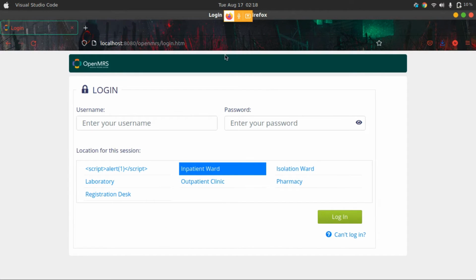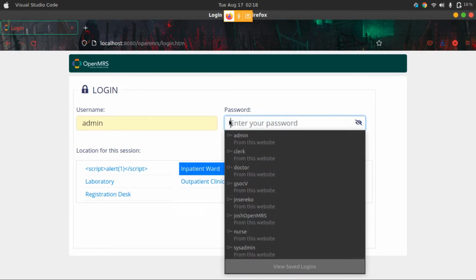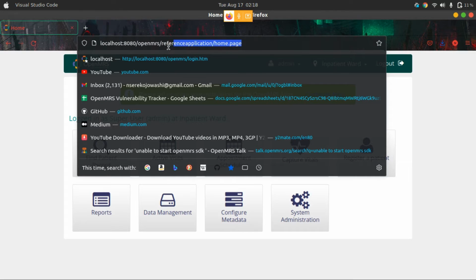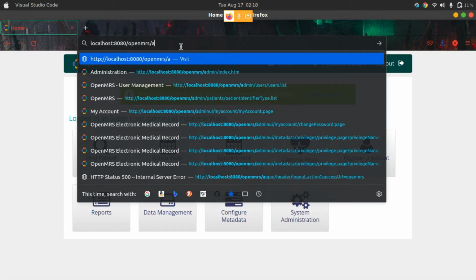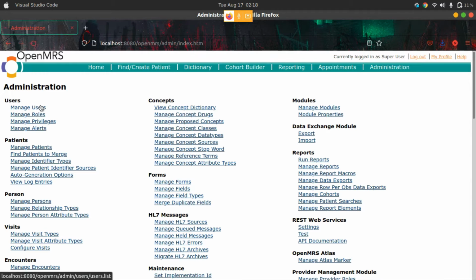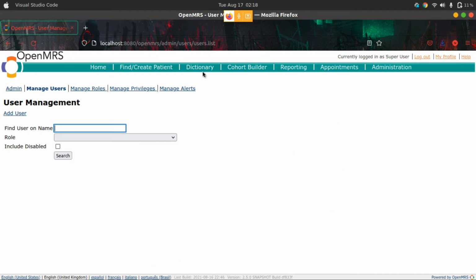Here, I'm having a local instance of OpenMRS running using the OpenMRS SDK. Let me try to log in as a system administrator. As a system administrator, I'm authorized to access the administration functions. I can see the page. I can see all the list of viewers. Let me log out